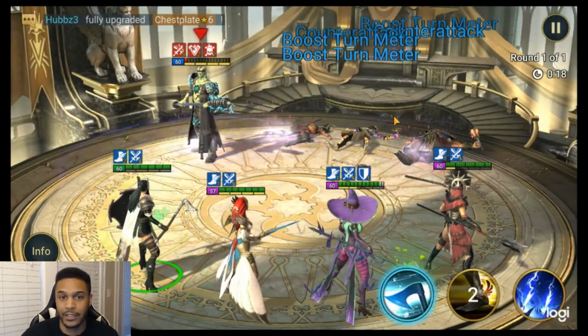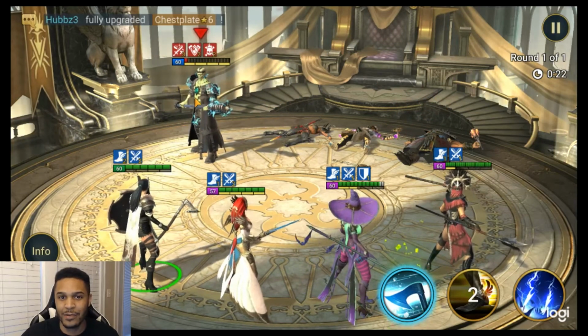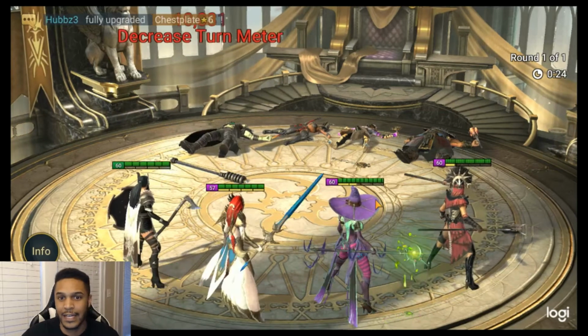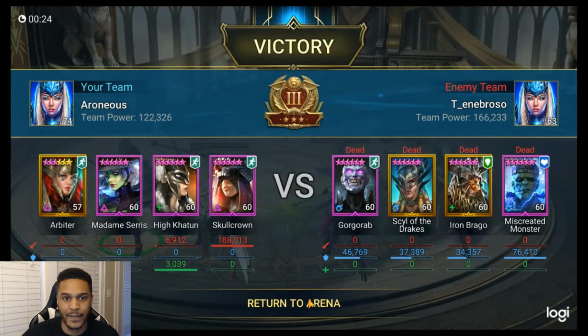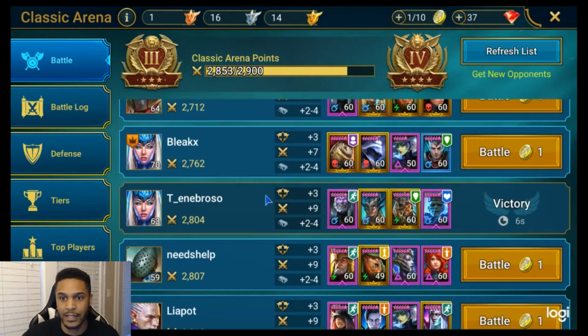Okay, there you go. It kind of went fast. I didn't really see all the numbers. I think there was like 50,000 per hit. But I did beat that team, which is great. That's another 11 points towards the tournament points I need to get. And the next team...